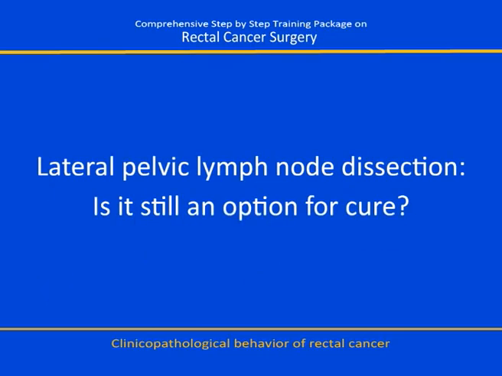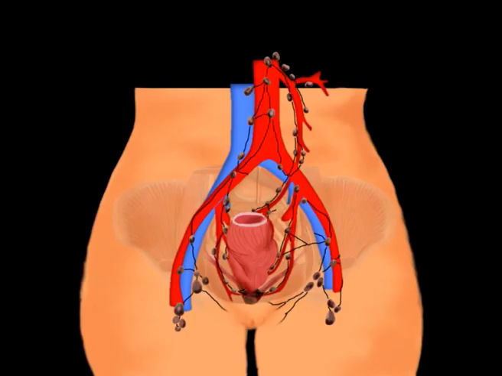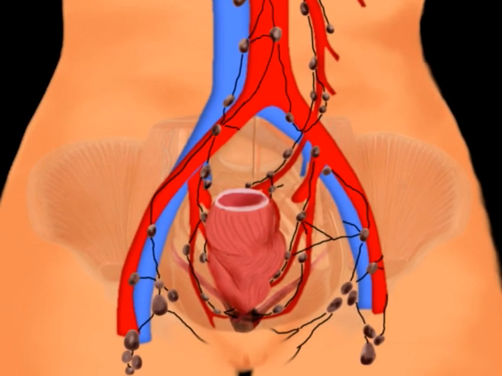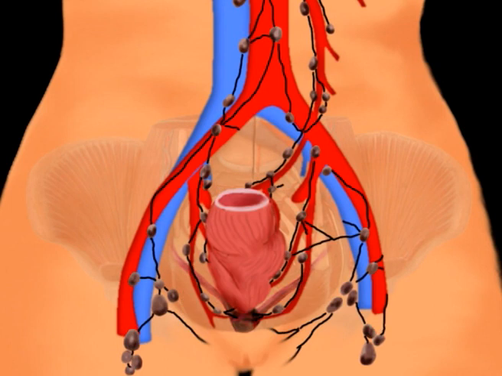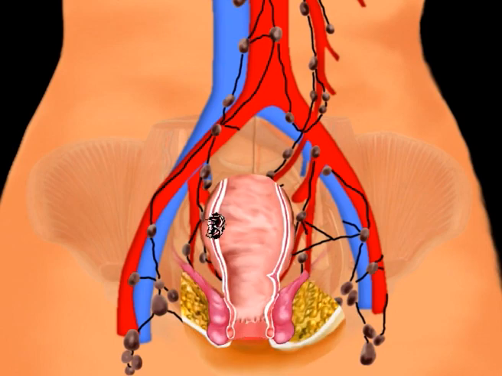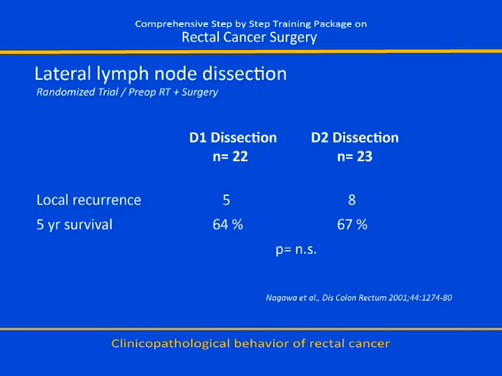Lateral lymph node involvement is also important in rectal cancers. Lateral lymph node dissection is routinely performed in Japan, but this is not the case in the Western world. The involvement of the lateral lymph nodes very much depends on the location of the tumor within the rectum, with the lowest tumors having the highest rates of lymph node involvement. However, the only randomized study investigating the efficacy of lateral lymph node dissection showed no significant effect on 5-year survival and local recurrence rates. However, this was a very small study and more work is needed to resolve this issue